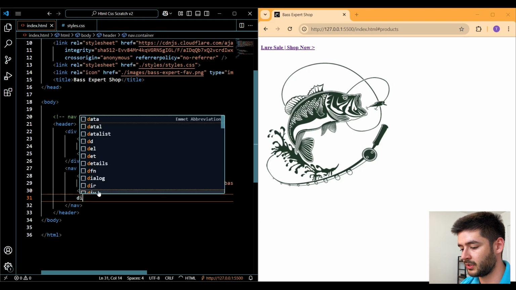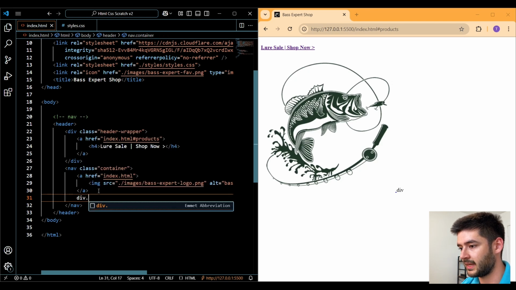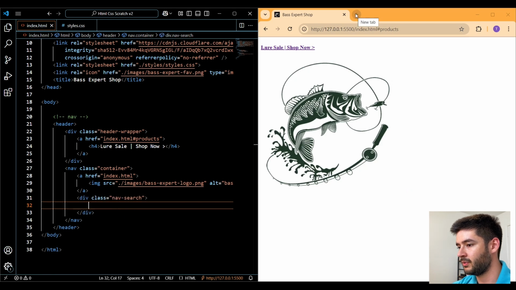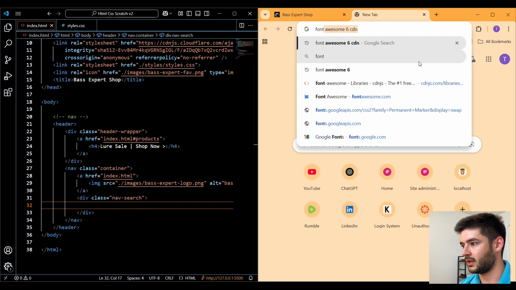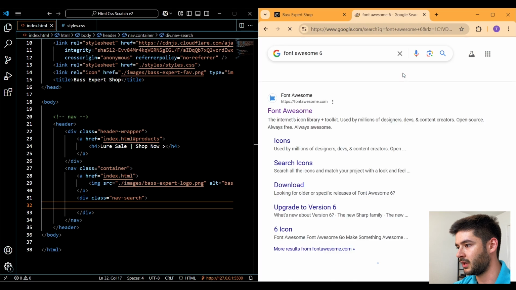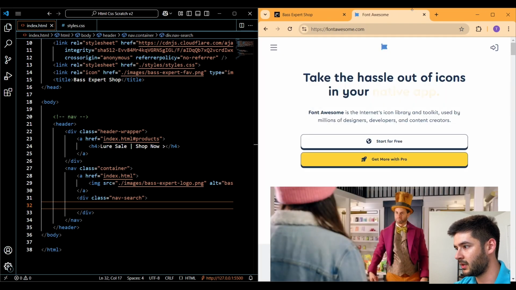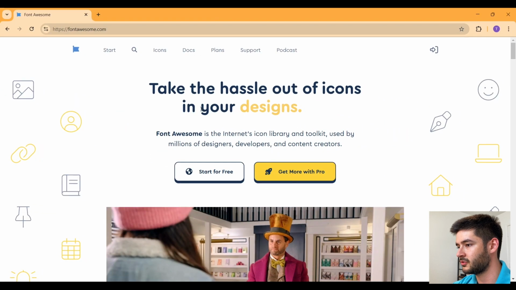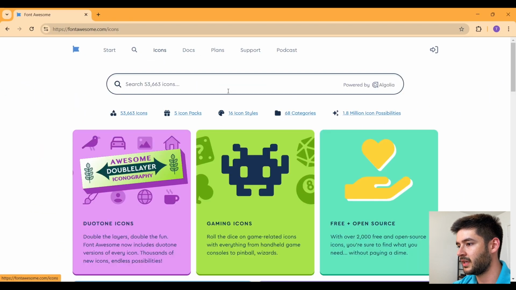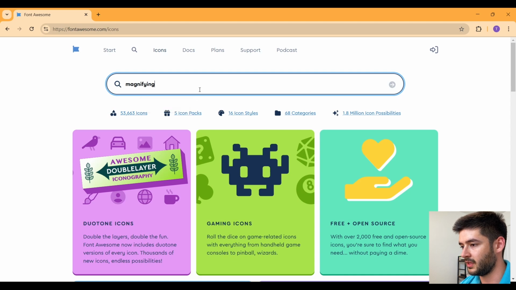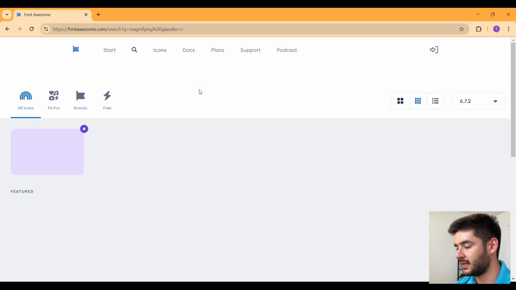Underneath our anchor, we're going to create another div with a class of nav-search. And here we want to use an icon from Font Awesome. So we'll go ahead and navigate to Font Awesome 6, fontawesome.com. And I'm going to go ahead and make this full screen so you can see it a little bit better. Navigate to icons. And what we want to do is search for the magnifying glass,